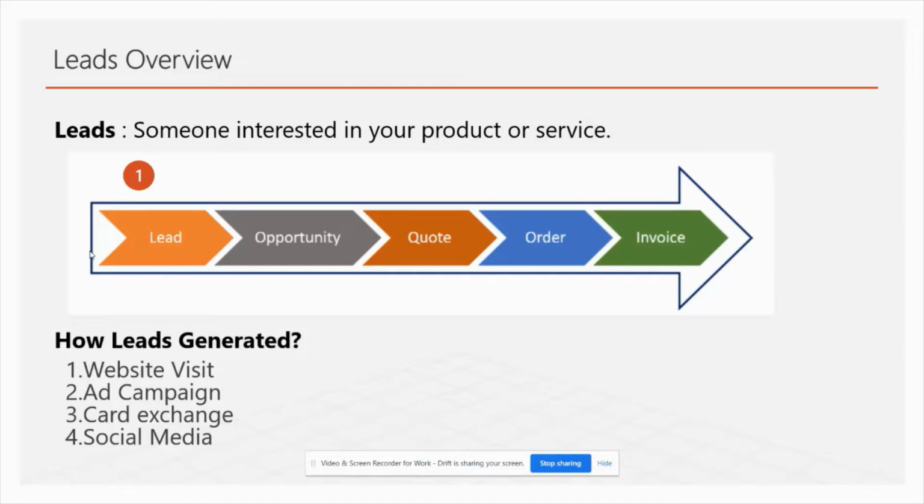So how are leads generated? Typically in marketing, leads are generated in different ways. Salespeople exchange their business cards and contacts, or someone has shown interest that they want to know more about your product, or more about your service, or